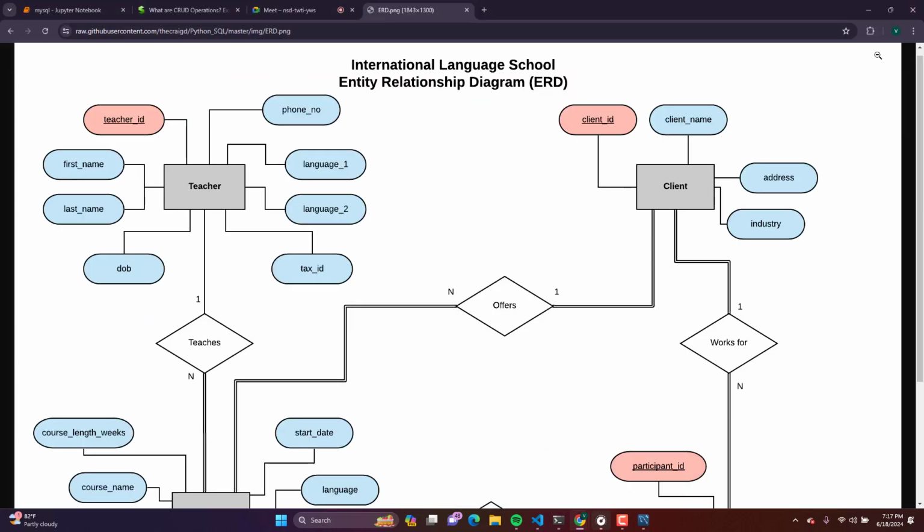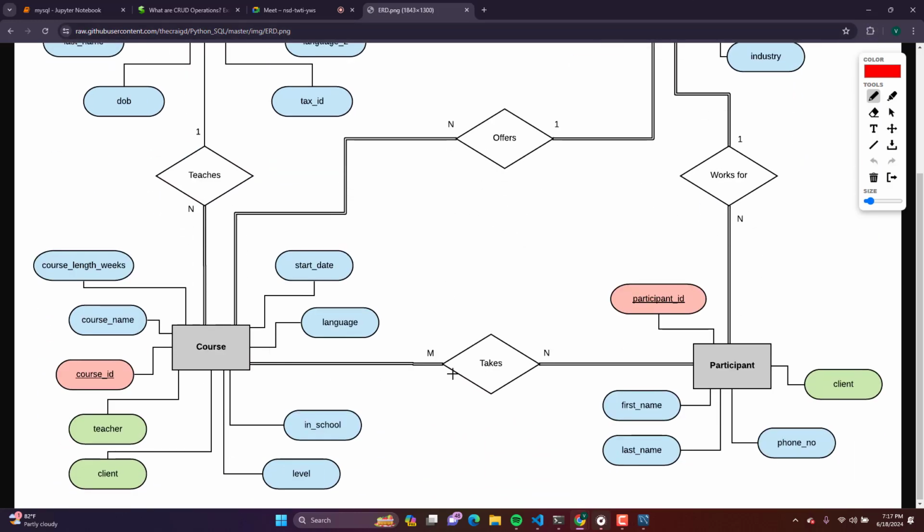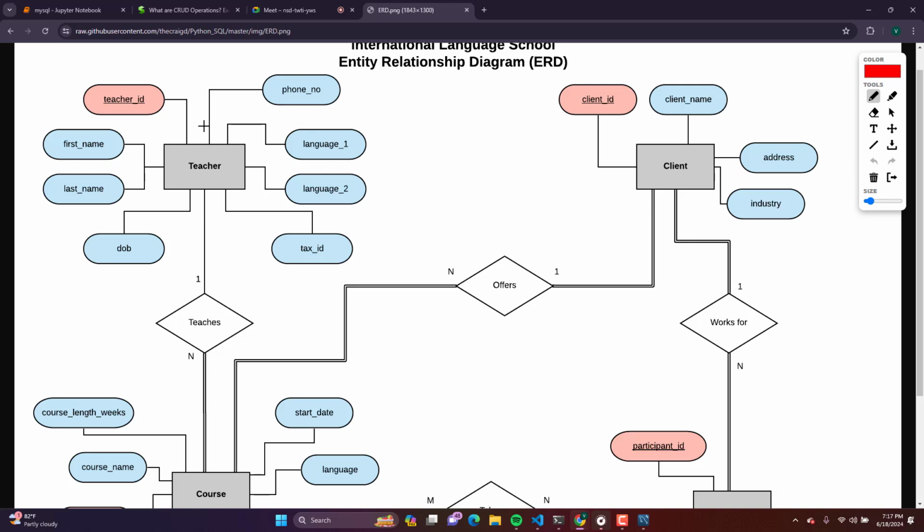So first what we will do, we will create a database, which contains four tables. This is